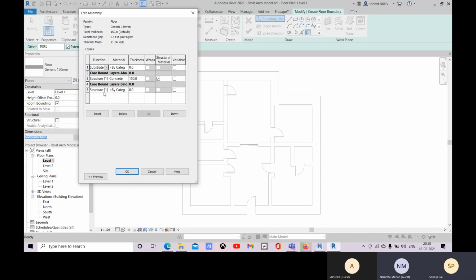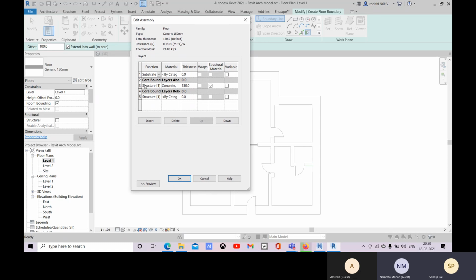So you said one on top and one on bottom. Yeah, all right. So here you see this is the core layer within this core boundary. So this side will be the top surface, and this side will be the bottom surface for your floor. Is that what you are asking? Yeah, so that won't be the ceiling of the below floor, is what I'm asking. I'm not able to understand your question.